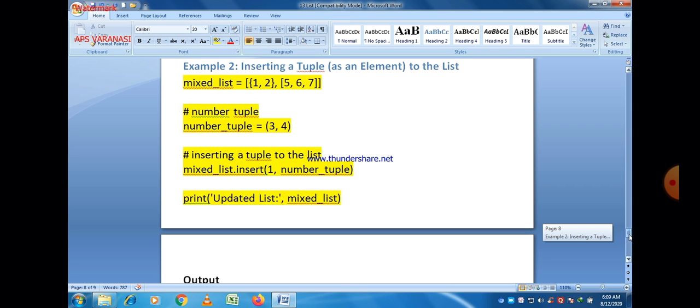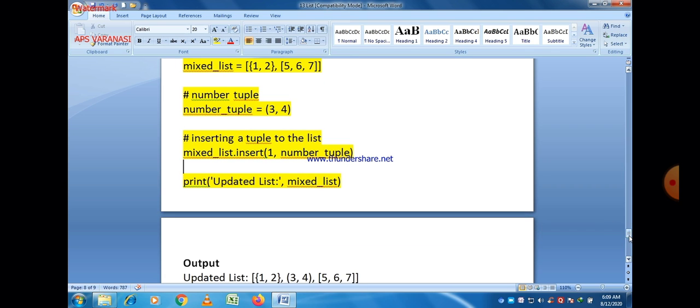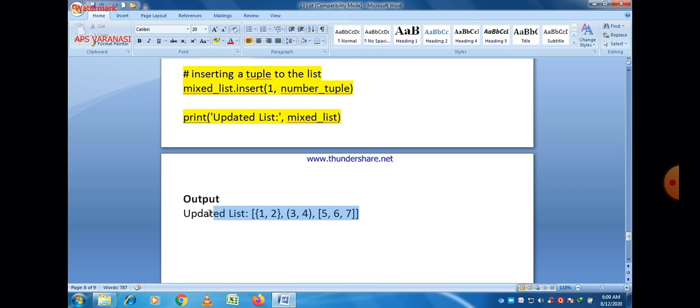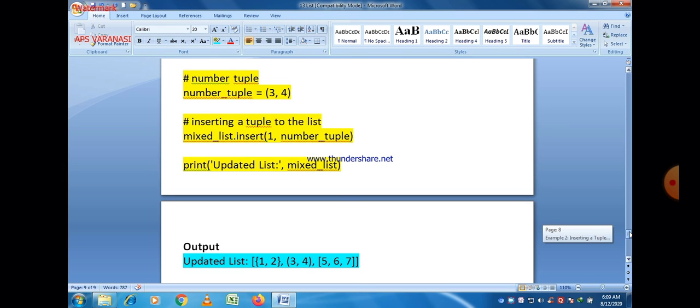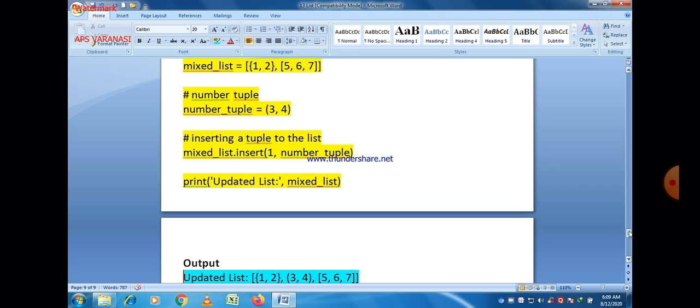You can see here 1 2 3 4 5 6 7. So that is the output of the execution of that program. You can see that the tuple is inserted at location 1 here.